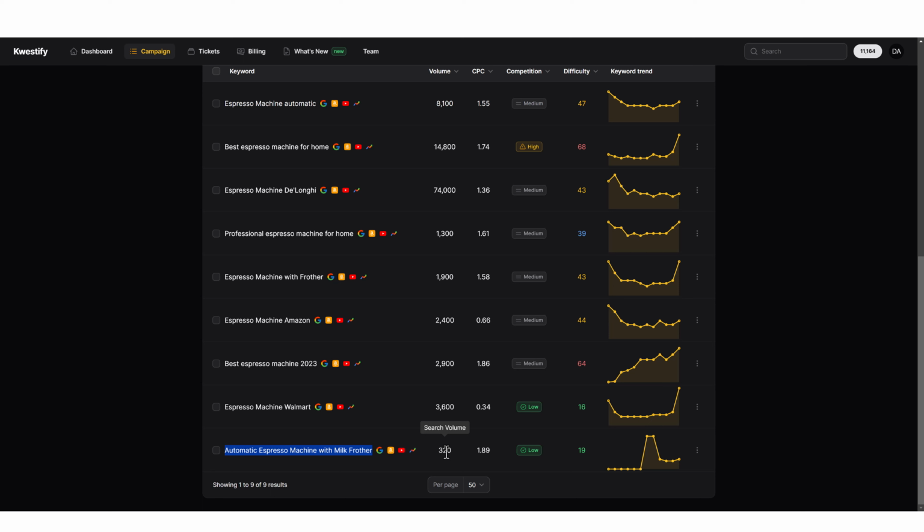you've got to keep in mind that the numbers you pull from Google here for the search volume are not exact and they're usually delayed by about 30 days. So this search volume could be, let's say, 1,000 this month right now, but it's just not reflecting it yet until Google updates their information. Just to give you an example, if you look at this keyword, it says best espresso machine for home, 14,800. If we come over to this chart, you can see that for the month of September, it was 12,000. For the month of October, 18,000. And November, it is saying